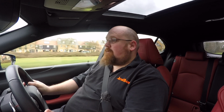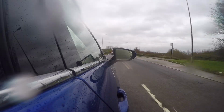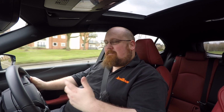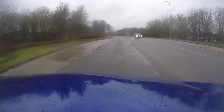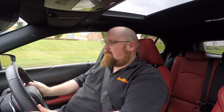But the ride itself is really nice. It's a very comfortable car. Yes, if you go over some of the bumps and imperfections on the road, you can hear them, but for the most part, I mean, okay, that one I did feel, but for the most part you don't actually feel them. You just hear them and then they just come into the cabin. So that's about it. When it comes to the refinement side, however, there's one big intrusion into the cabin,